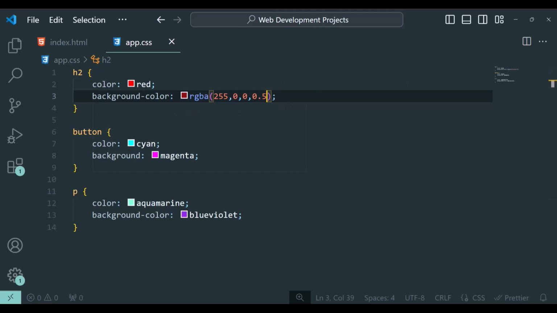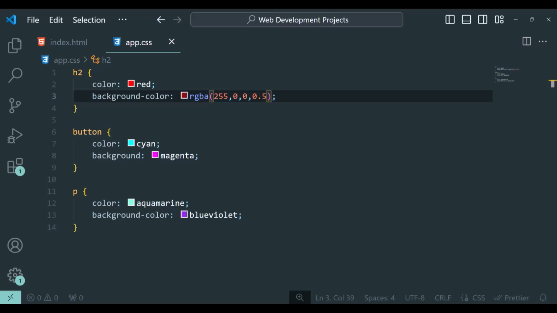Now, what is hexadecimal? Now let's move on to hexadecimal color values, commonly known as hex colors. A hexadecimal color is a 6-digit code that represents a color in the RGB color space. Each pair of digits represents the intensity of red, green, and blue, respectively. In hexadecimal, the digits range from 0 to 9, and then from A to F, where A is 10 and F is 15.